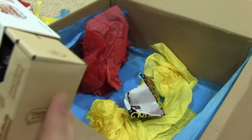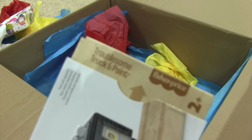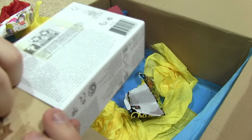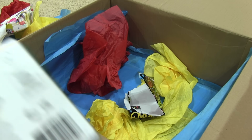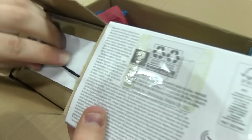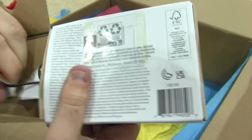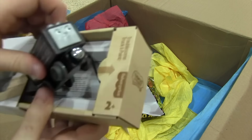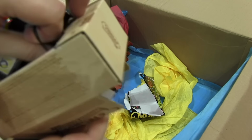But we got this paint splattered. It's called the Troublesome Truck in paint. I'll be honest, I'm not the biggest fan of that name. I feel like they could have come up with a better name. It's just the Troublesome Truck and paint versus the normal Troublesome Truck we've looked at before. So yeah, small gripe, but clearly they were more focused on making awesome toys than naming things, I guess. It's not a terrible name, but I'm just like, Troublesome Truck and paint? That's really weird. Anyway,